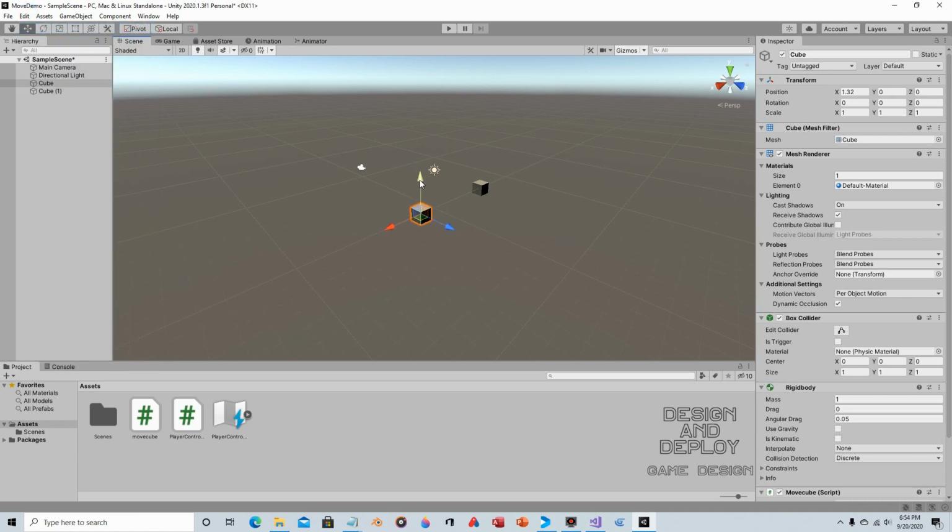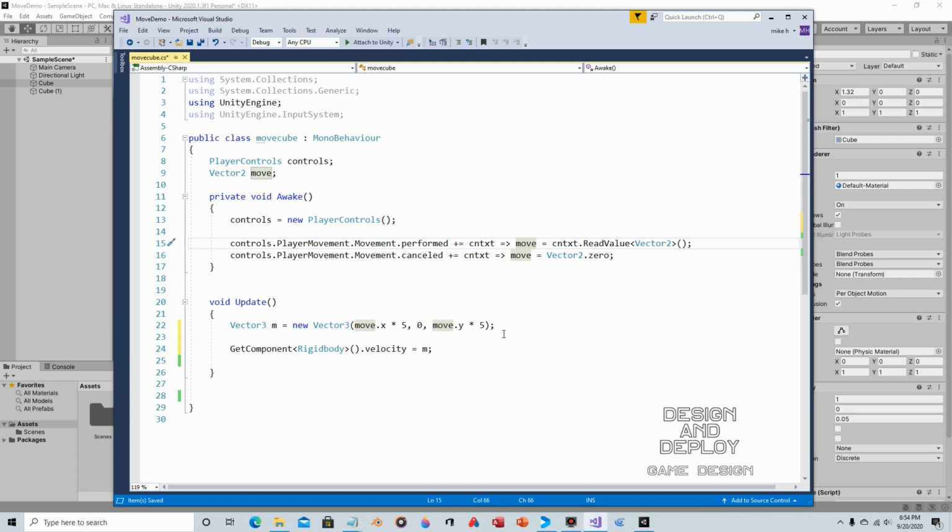We don't want you to move along y, we want you to move along z. So what we need to do, we are going to take that vector 2 and put it into a vector 3. So we're saying vector 3, and we're just going to call it m, you could call it whatever you want, is equal to a new vector